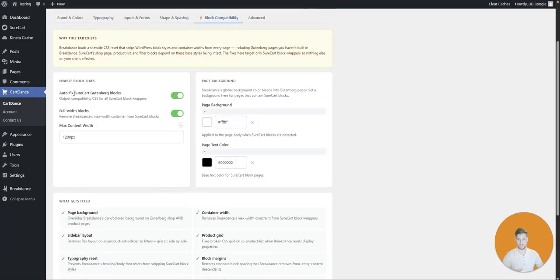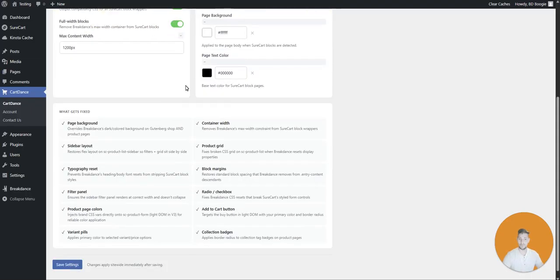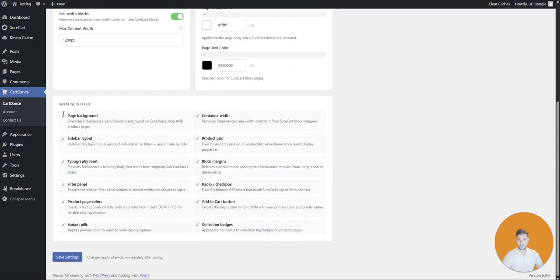As you can see here, you have some block fixes, like auto fix for the SureCart Gutenberg blocks, the full width blocks, and the max content width. You can set page backgrounds. So if you're using the full site editor templates, and then using the page backgrounds and adjusting those page text colors, all those styles will come in properly at that point. As you can see, it all shows you down here the description of what gets fixed exactly on this page